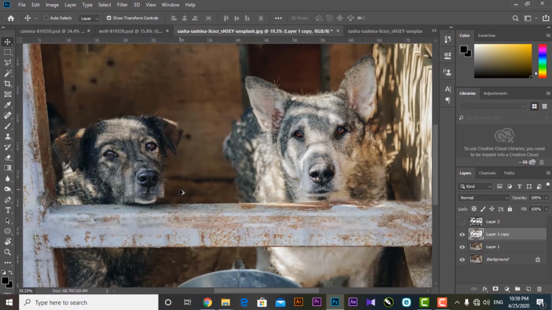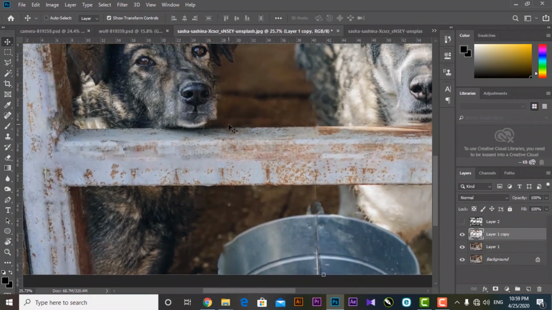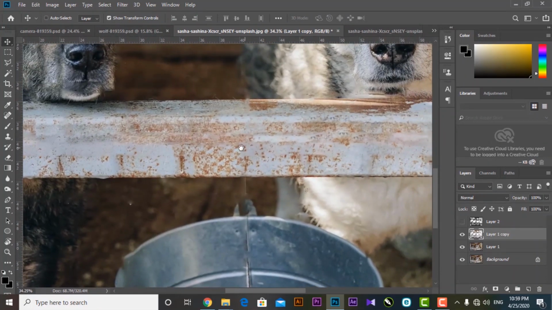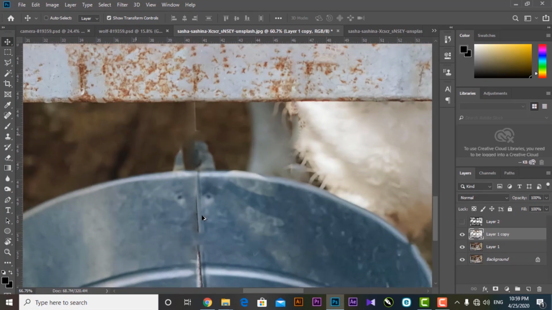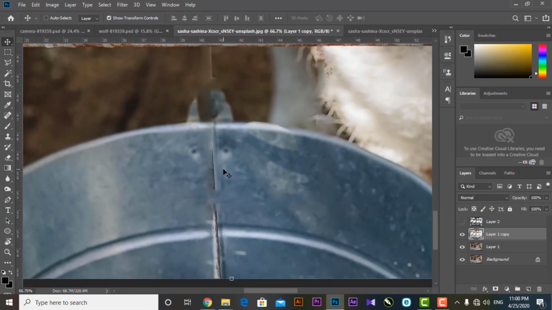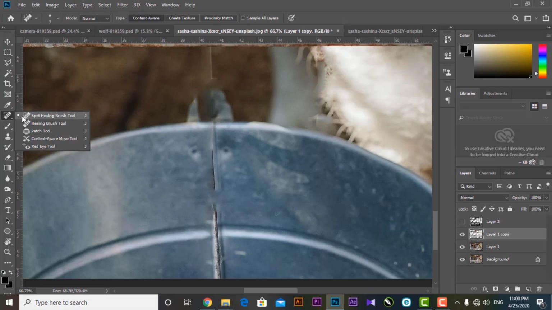And now we need to fix some problems or issues, like you see. It's easy. We have different ways to fix all these problems. Go here and choose the spot healing brush tool